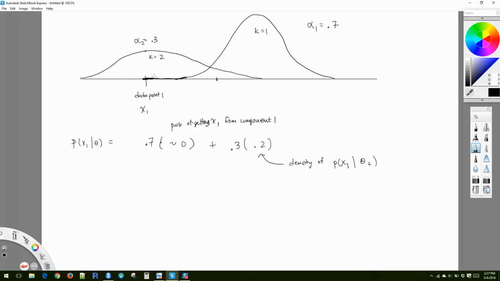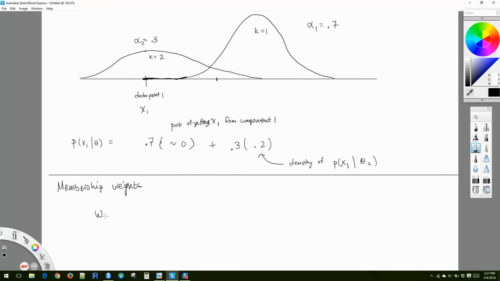And so our weights, I'll call this the membership weights, can be thought of as such. Okay, so the weight of observation i being in group k. So this is basically the probability,